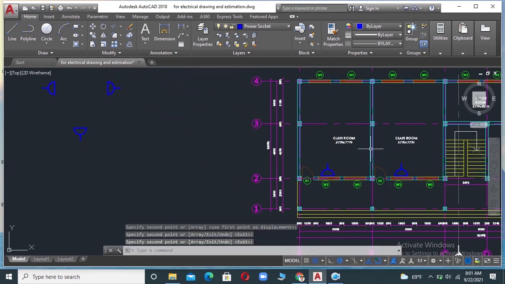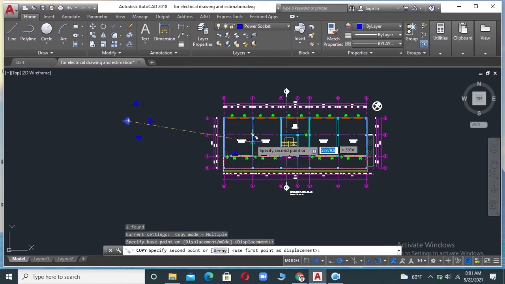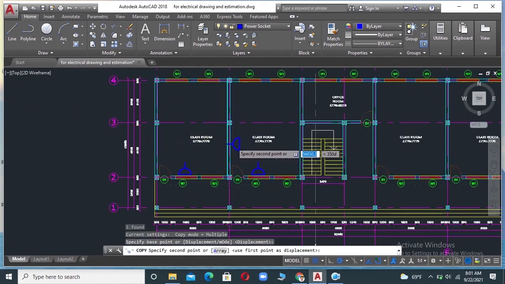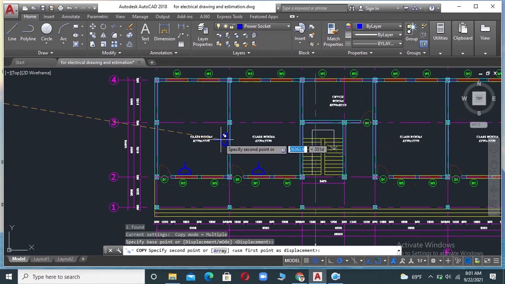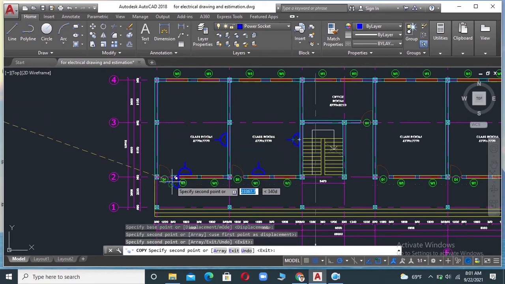If we want to place the power socket on this wall, let's select this power socket, copy it and place it over here, on this side. Suppose we want to place the power socket on this wall, then which side power socket should we choose? This one. Then copy, and we can place it over here.